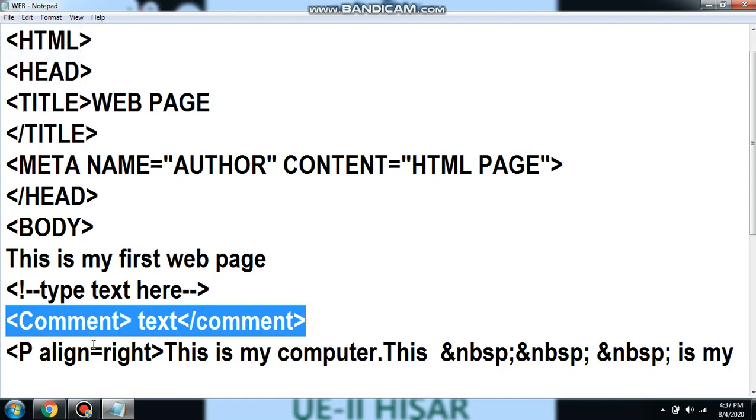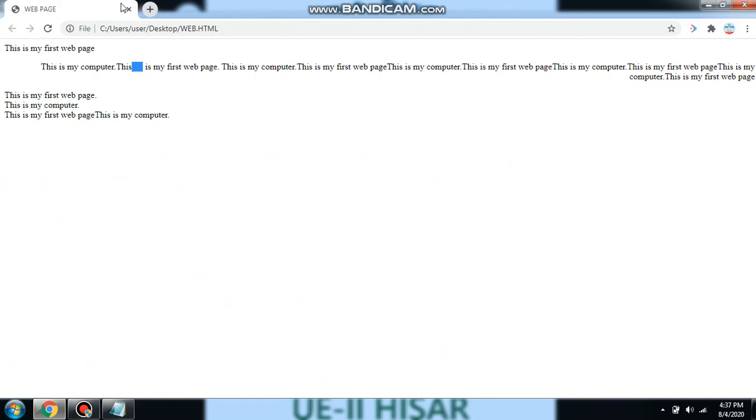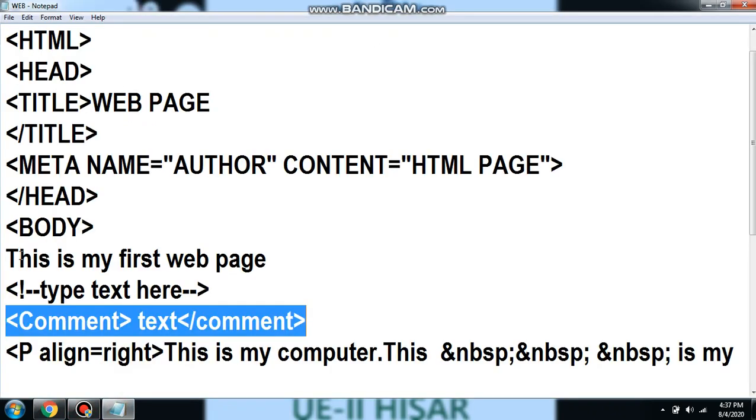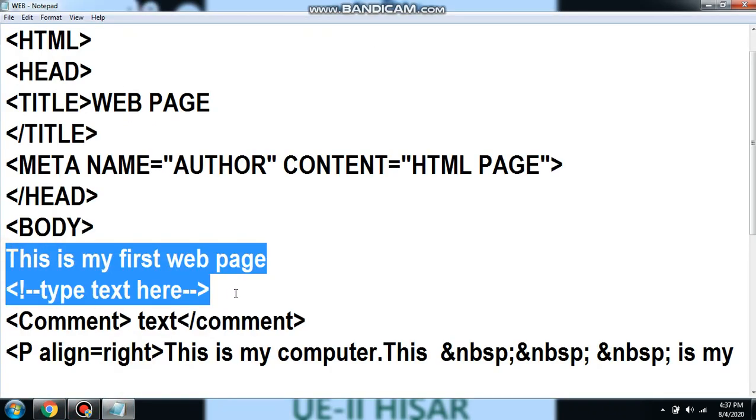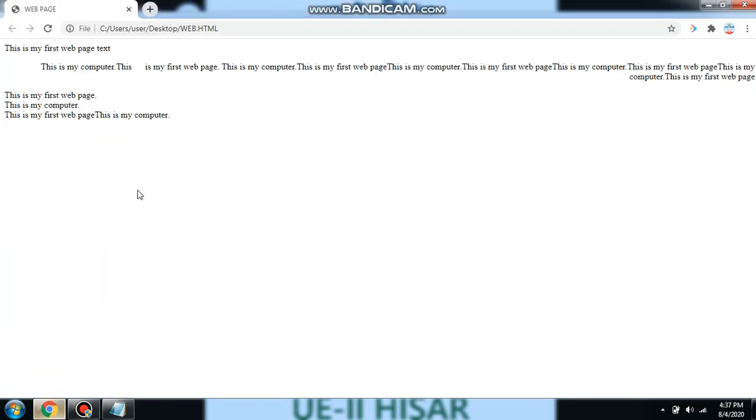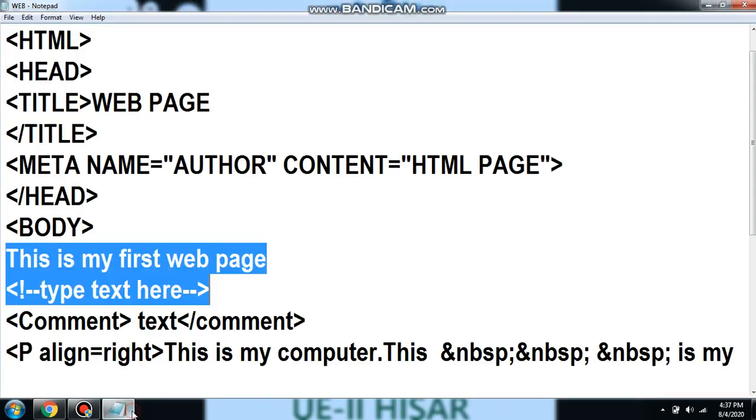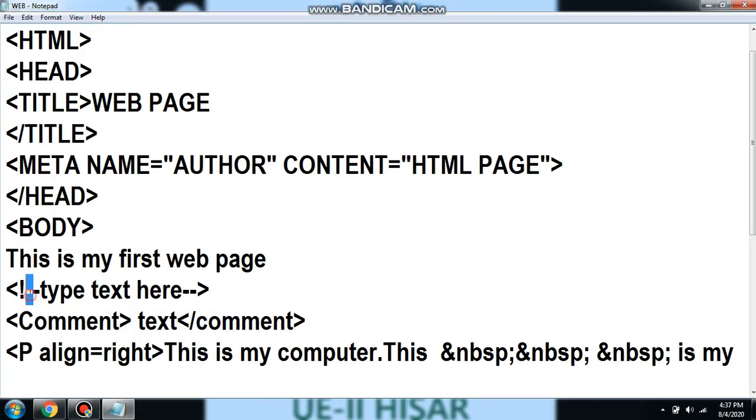I am again saving the changes. Now I am refreshing it. You can see I have used comment 2 times just after starting the body tag, but in your output you can see there is no comment. So whatever you type in a comment will not get displayed on the browser.